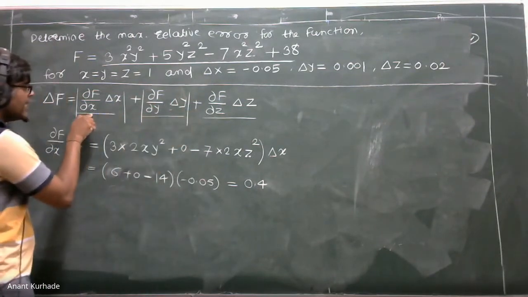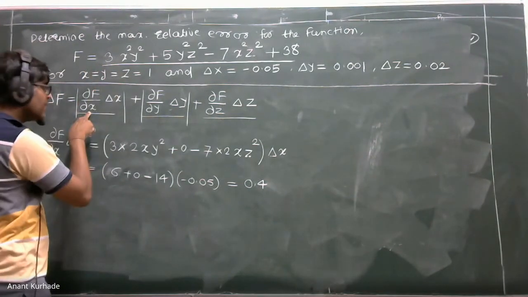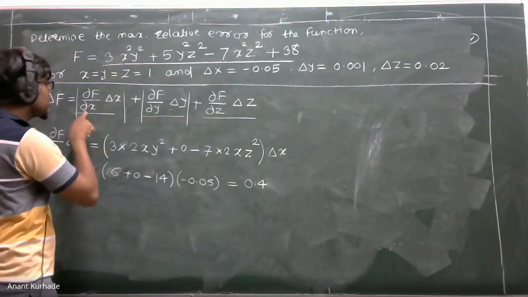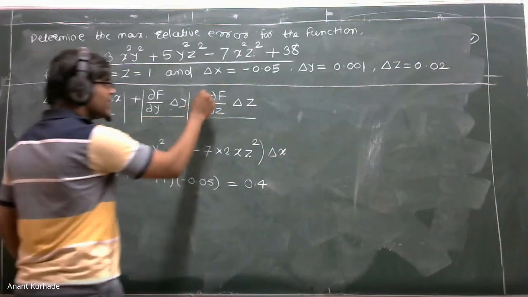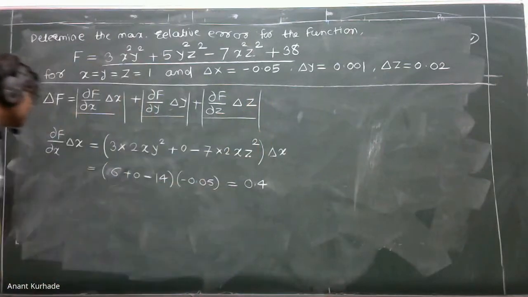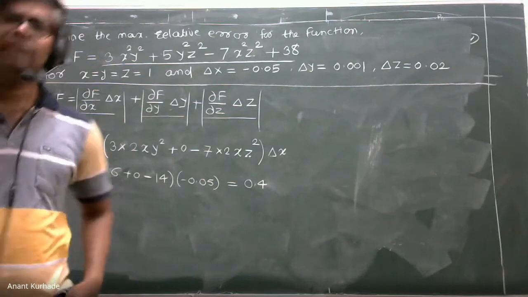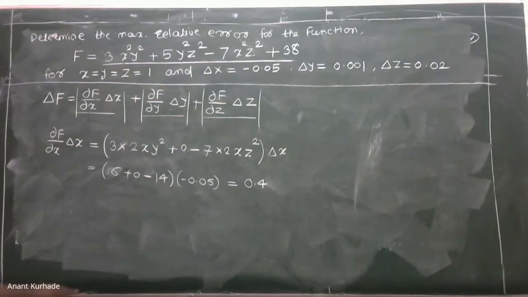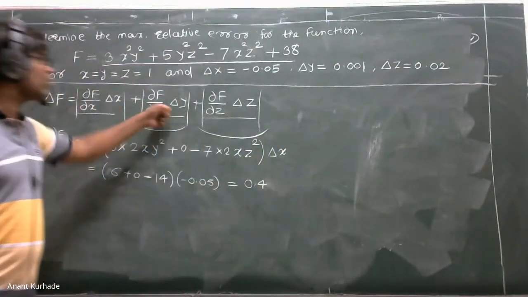So this is the error in f by taking the partial derivative with respect to x. This is also the error by taking the partial derivative with respect to y, and this is also. Then solve this. Can you solve the next one? Sir, but the main answer will not be correct. No, if we take the mod of that individual function. Just calculate these two, then you can easily understand.